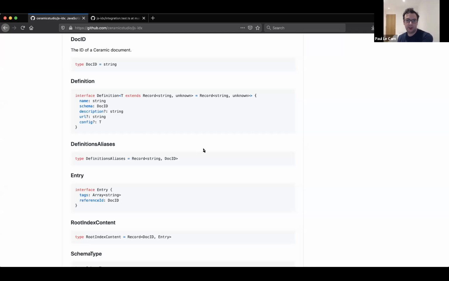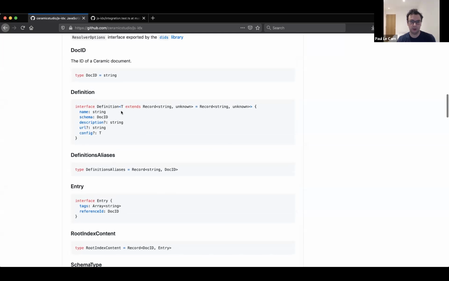So yeah, we've gone through a bunch of iterations over what IDX would look like in the implementation, and that's going to be reflected in the specs, I think, in the coming weeks. And basically where we are now is that the root index, used by IDX, is going to be a mapping between a definition and an entry. So the definition itself being a document that is using this shape,